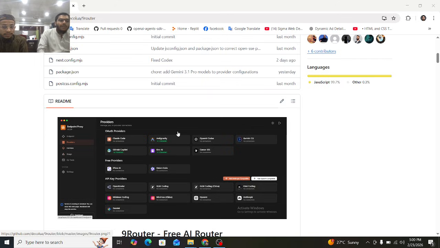So guys, today we are discovering 9 Router. Basically, what is 9 Router? 9 Router is a free tool used to connect your cloud with 9 Router, and it's like a third party broker which connects your coding tools with Claude CLI. As you know, Claude Code is the most trending tool for coding websites, software, or making complex